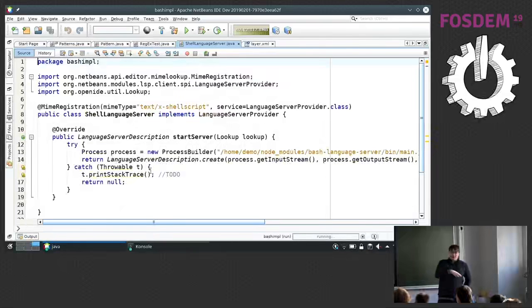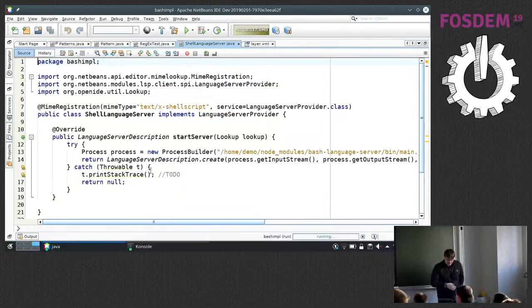You also need to have what we call data object for the MIME type, but there is a wizard for that. But basically, what you need to do for LSP is start the server and return some kind of description. There is input, output, and it's good to send the actual process that is running, where the server is running, so that the IDE can kill it if needed.